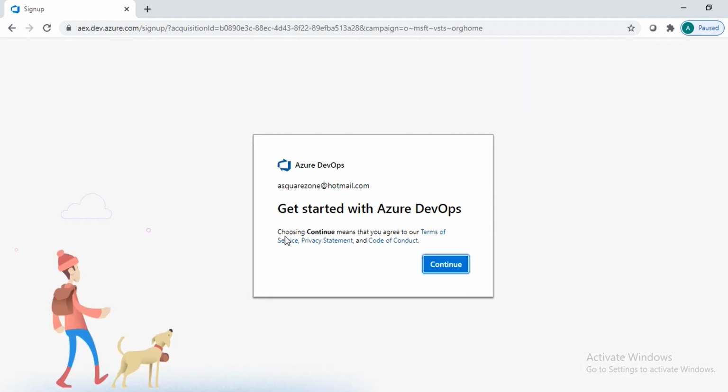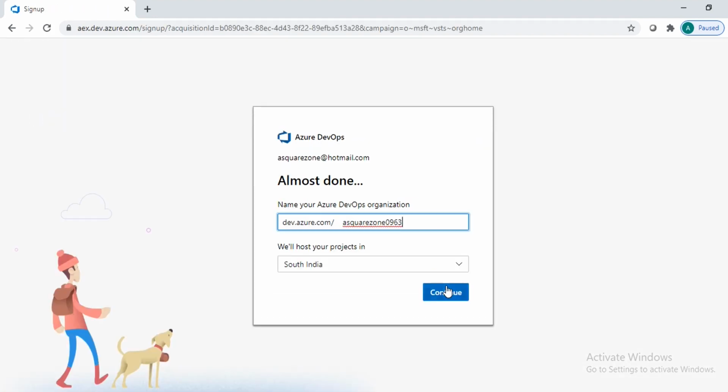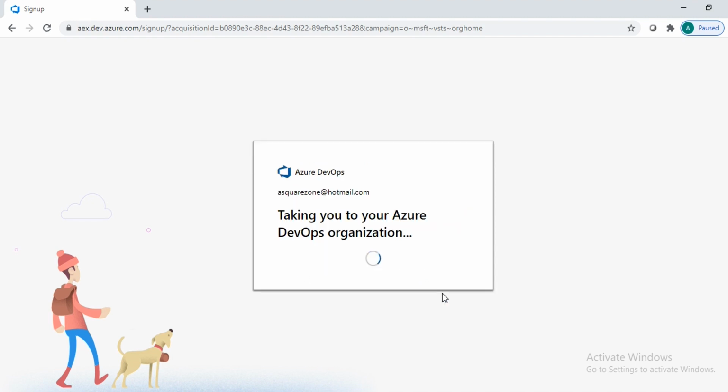You have to provide your name followed by dev.azure.com, so it will be available for you. You can give your instance creation name and the geographic location as well, and it creates an organization for you. And within one organization, you can create multiple projects and work on them.